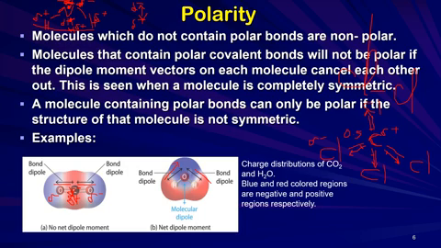The dipole moments are moving in the same direction, and this gives us a partial negative pole at one end of the molecule, and here with the partial positive pole and another partial positive pole, we get a center of